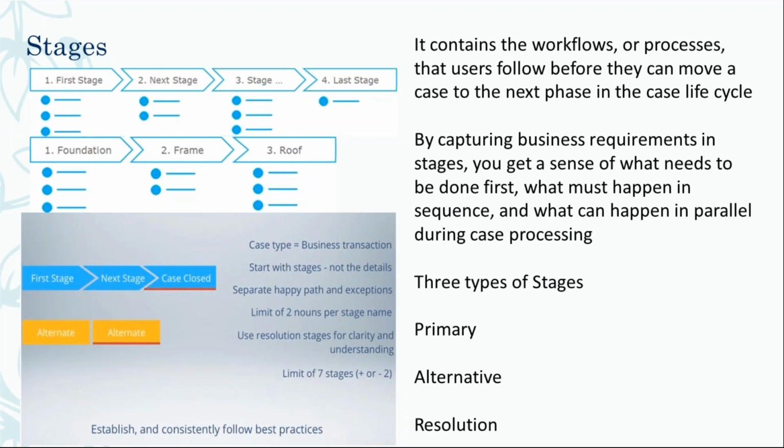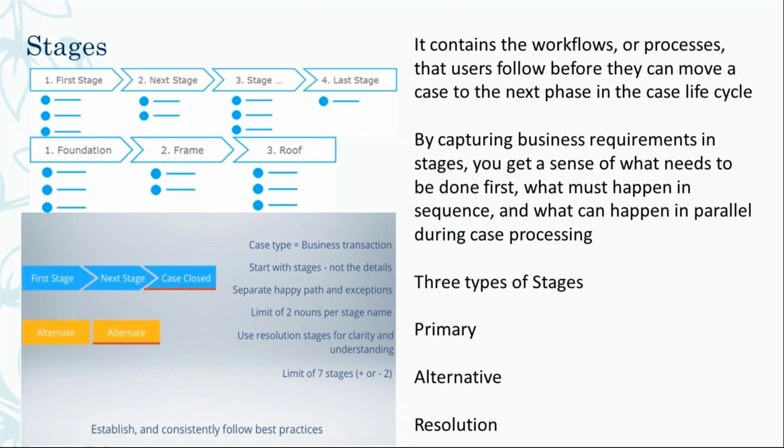Okay, so we will start with the first stage. If you can see, it's the same as the construction of a home. First we go for the foundation, then we go for the framing, and finally we go for roofing. How we go for the foundation, the frame, and the roof will be the actions, steps and process we are going to do. That will come within the stage.